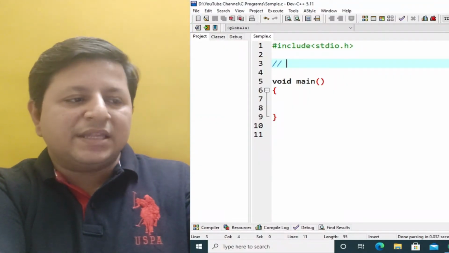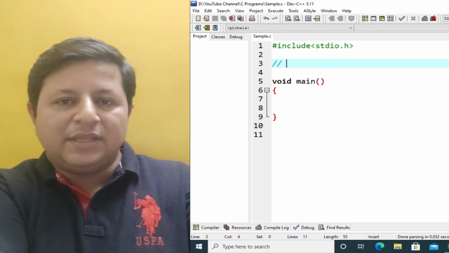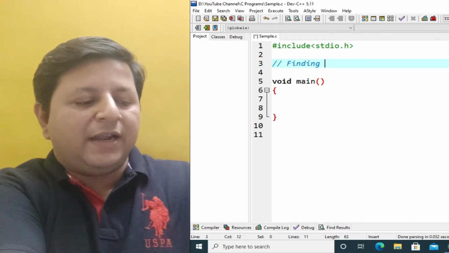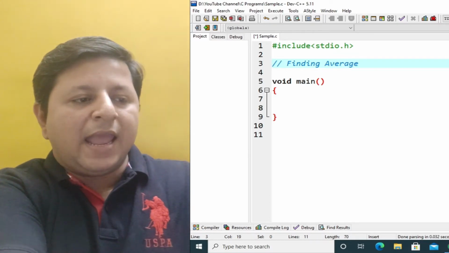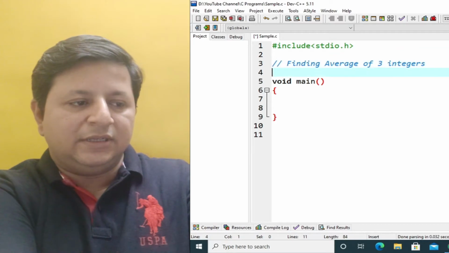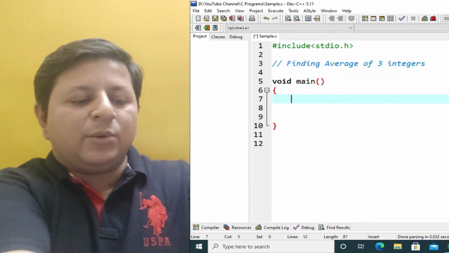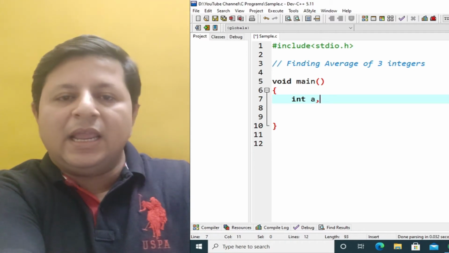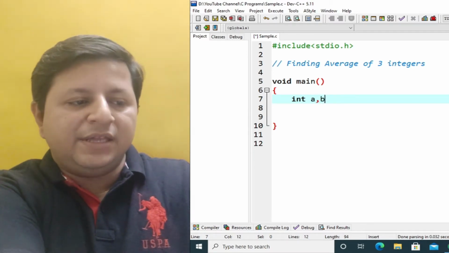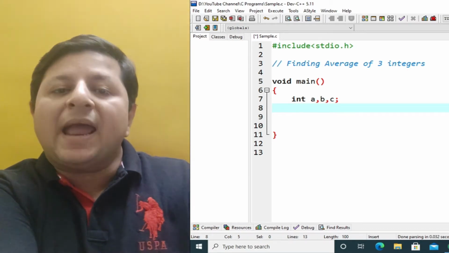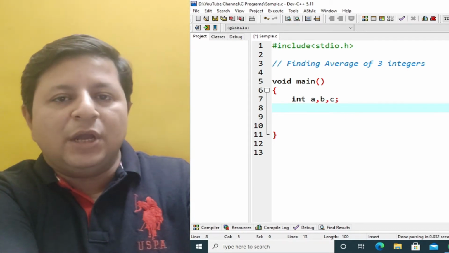As you can see on the screen, we have already kept the skeleton ready. This is a program for finding the average of three integers. To start with, we'll be declaring three integers, let's say A, B and C. Now the first thing we need to do is accept these integers from the user.